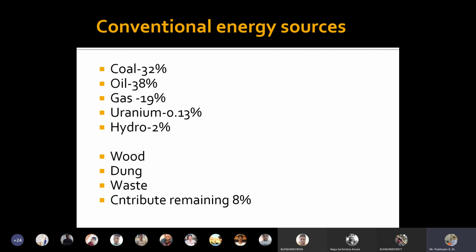First, we can classify them as fossil fuels, then water power, or we can say hydropower, and nuclear fusion. These come under conventional energy sources. Though water power is a renewable source, it is fairly convenient to make money out of it, and it produces a good quantity of energy. And fossil fuels are the first thing that comes into our mind if we talk about conventional energy. Examples of fossil fuels are coal, oil, natural gas.